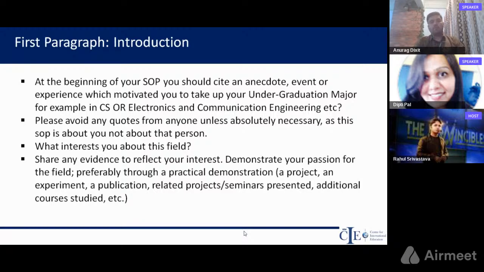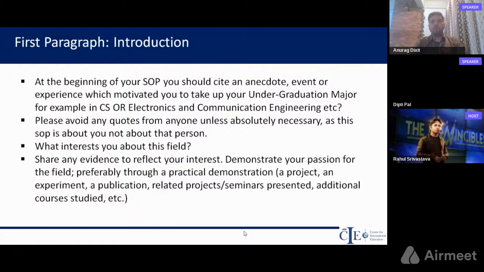One thing to note is that you should try to avoid any famous quotes and sayings. A lot of students look at sample SOPs online, and they get the idea that they have to sound intelligent, they have to sound smart, so they pick some famous quotes from different people and just quote them in the essay. So it's very important to note why you need to use a particular quote. Maybe one or two quotes would be sufficient for the entire SOP. You don't have to quote more than those.